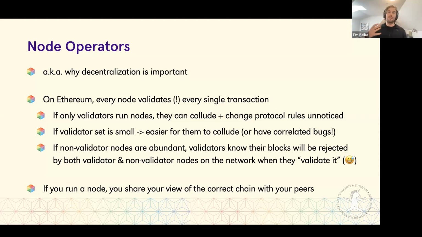And the example I gave with me and my friend is an example based on malice, like we collude and we do something. But you could also imagine an example where me and my friend are running the nodes, and we do everything right, but we have a bug because they're both in my apartment and something bad happens, or we run a buggy version of the software. So a small validator set also increases the risk of correlated bugs. And this is something that the non-validator nodes would notice as well.